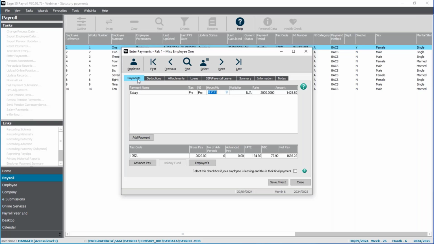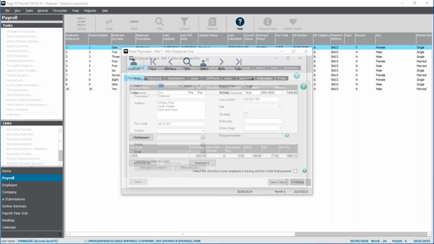The employer contribution is usually maintained at the amount it would have been before any statutory payment, so based on their normal salary. And if your pension scheme requires you to maintain pension contributions at that level and you're reducing your employee's pay, you can amend the pension contribution to be a fixed amount for the duration of the maternity leave. So one way we could do this is to click onto the employee button, which gets us straight into